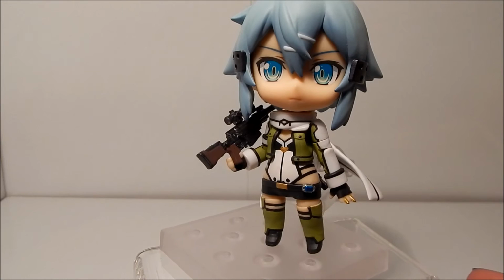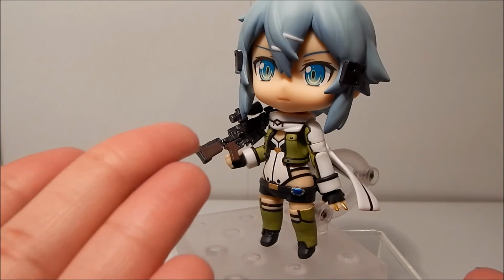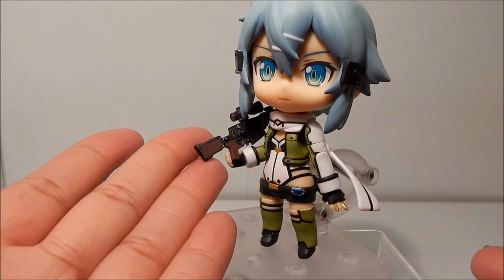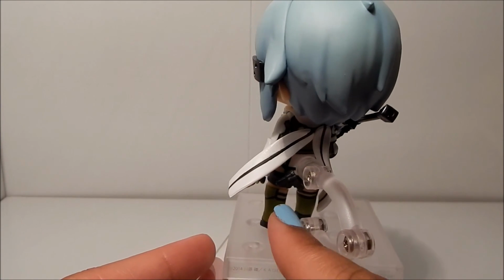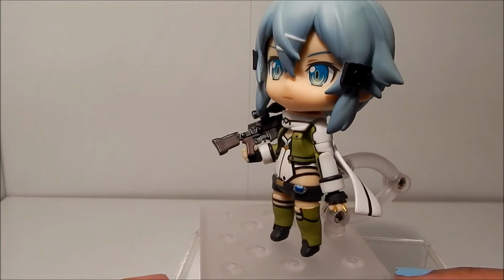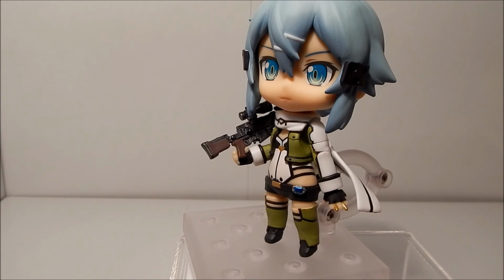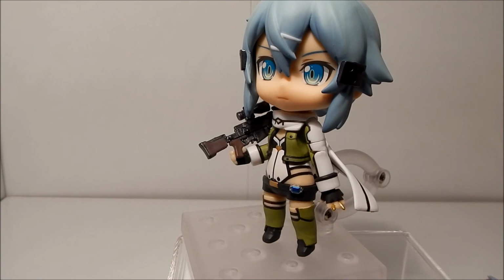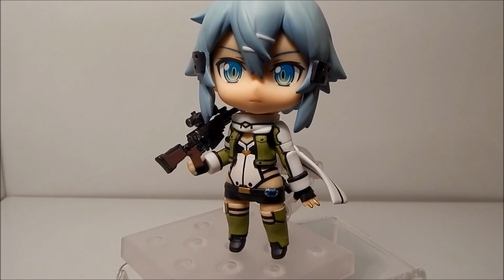So yeah, I don't regret buying her. I really love her. Pros is pretty much everything. The only time I had a problem is with this last pose with her holding this gun, since it doesn't balance well. And the fact that with the tiny pieces, especially her little pistol on her butt, that tends to fall off a lot for me when you're moving her around. But other than that, those are the only cons. Everything else is a pro. I had no other problems with her, and she actually went pretty easy compared to many other Nendoroids I've had. So yeah, that's it for now,